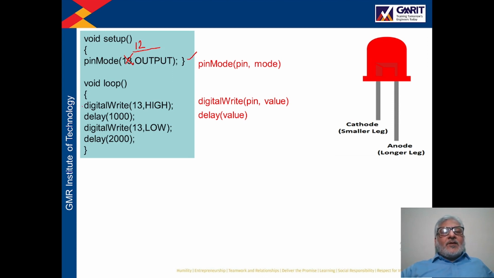Then you come to this statement. Here I will write 12. With this, high, that is plus 5 volt, will be generated from pin number 12. Then we will come to this statement here, and here also I will write 12, and with this 0 volt will be assigned to pin number 12. So basically we have to modify this program at 3 places, right? Here, here and here.